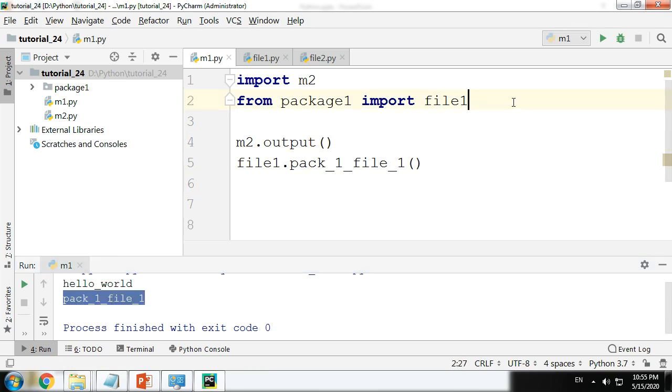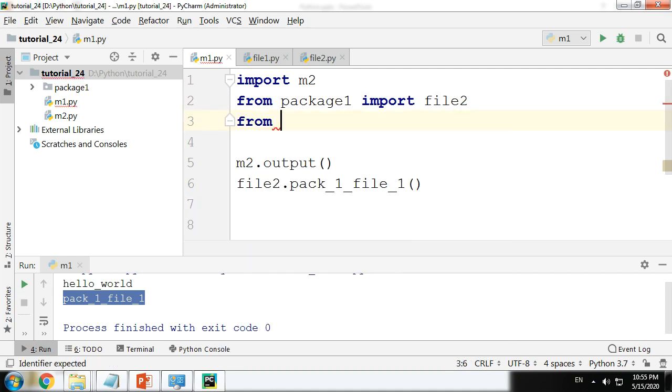In the same way I can also import file 2. I have to make changes here. Okay, so far so good. Other thing to note is, remember how we talked about earlier, importing functions, not the entire module. That we can do as well.